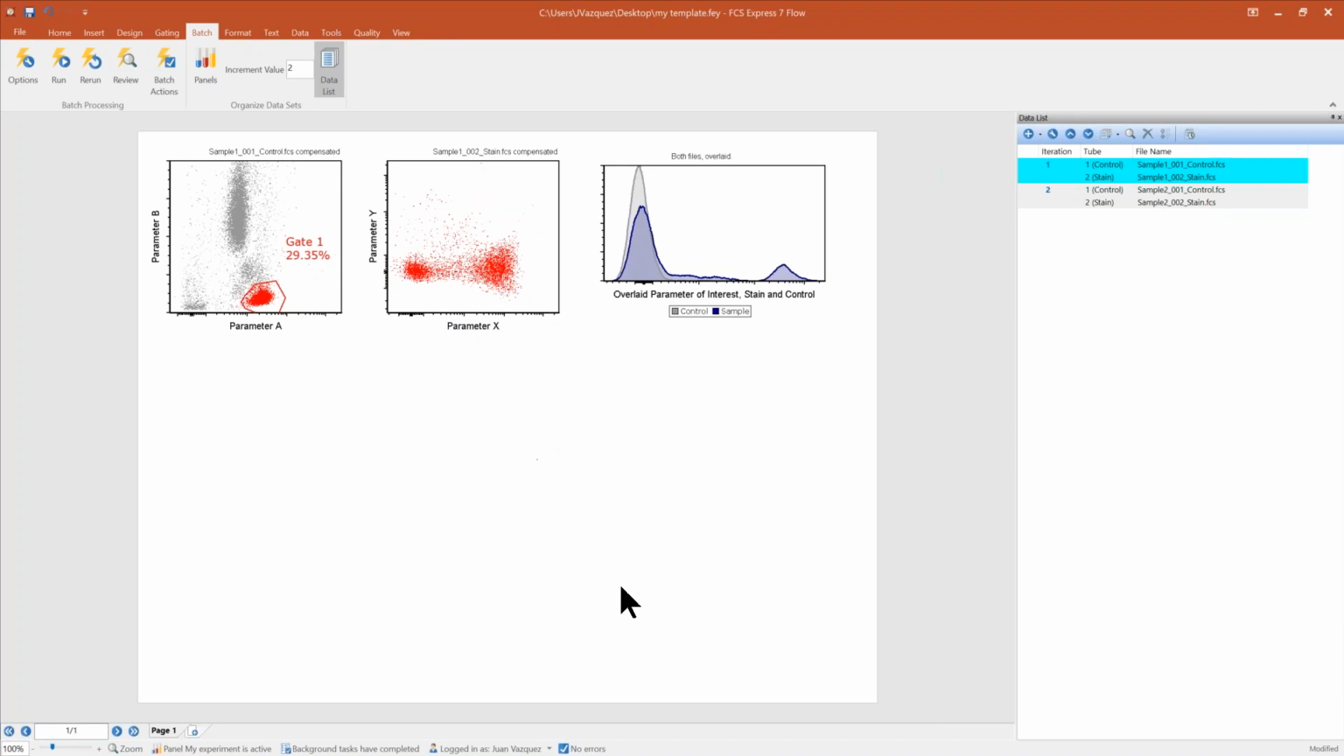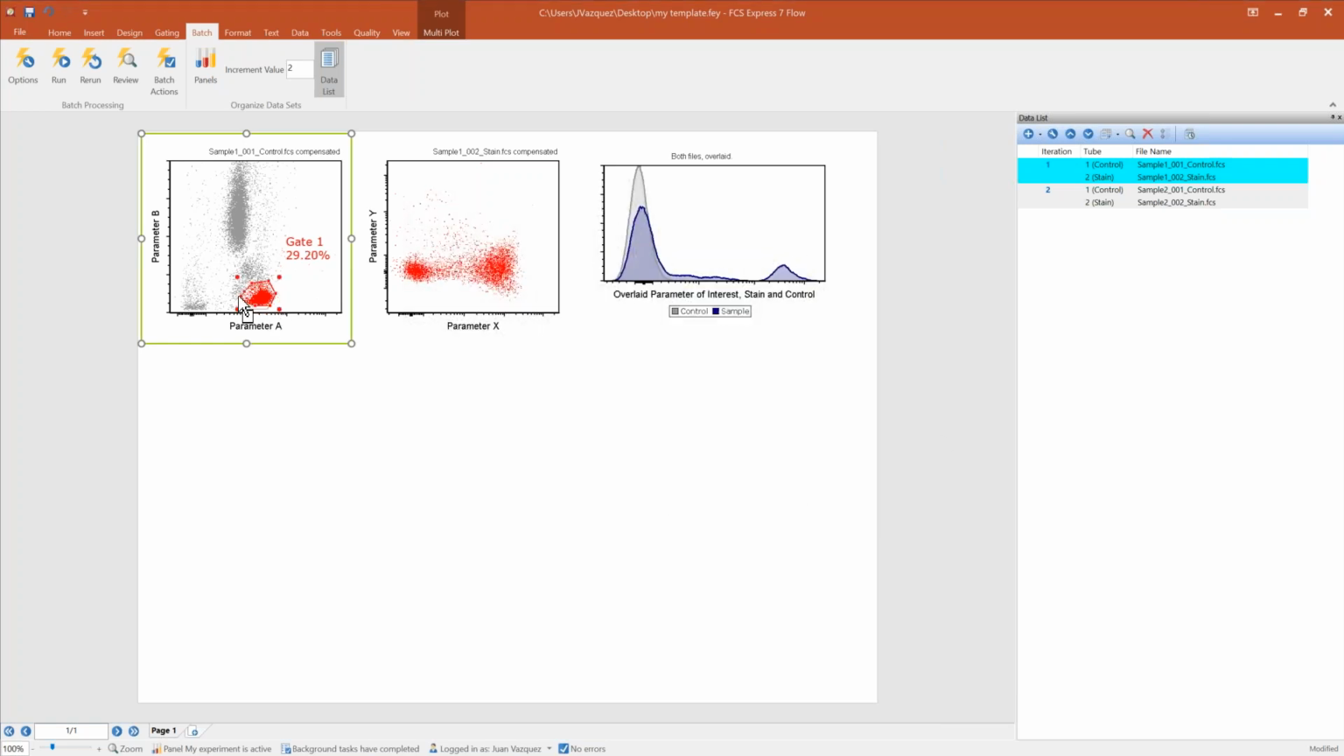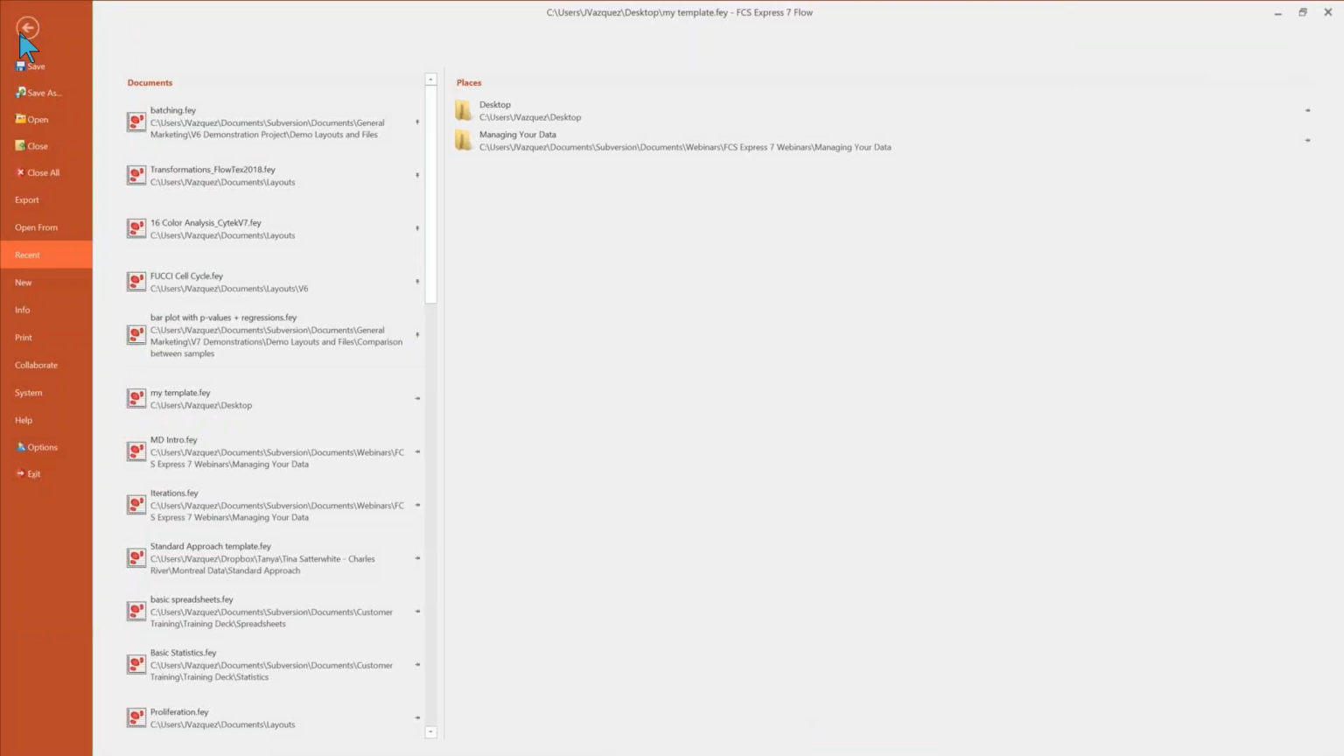Okay. Now let's say I actually wanted to save a copy of this template with data already embedded in it, the way I analyzed it. Okay. Maybe I want to tweak this gate a little bit. Maybe I want to move it around or something, depending on what I want to do. And if I want to save this as a way of archiving it, what I can do is I can come in, choose the option to save as,